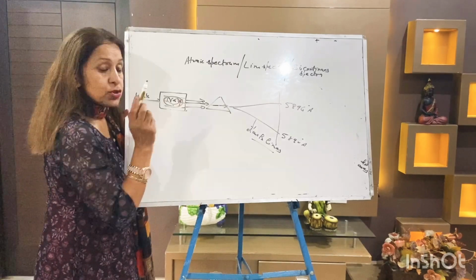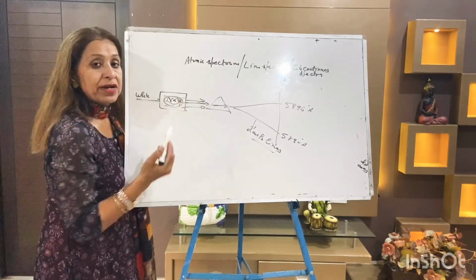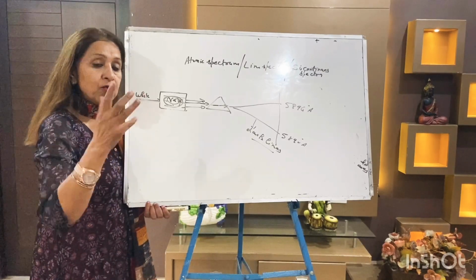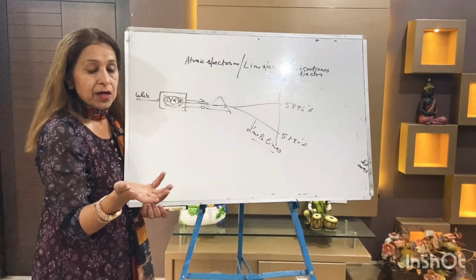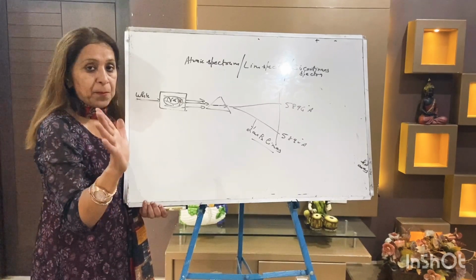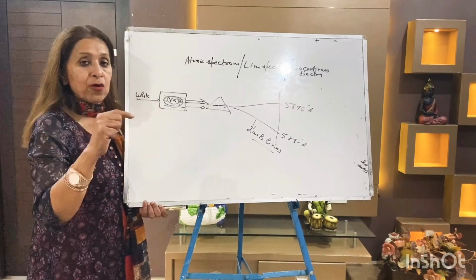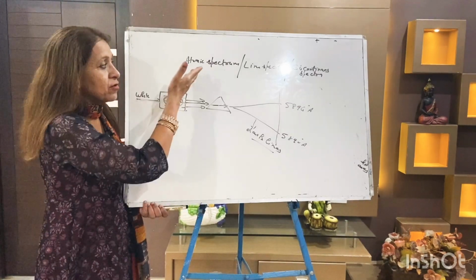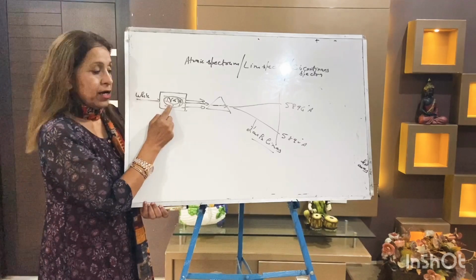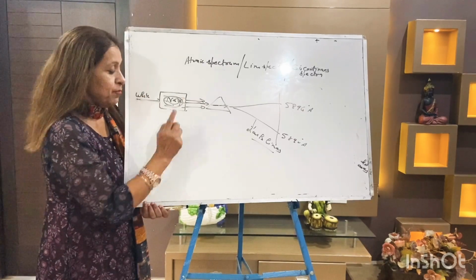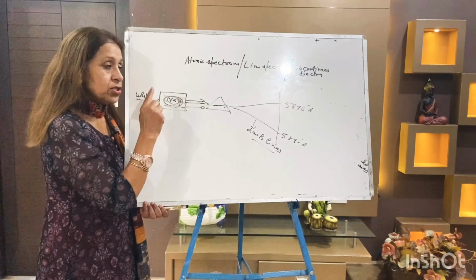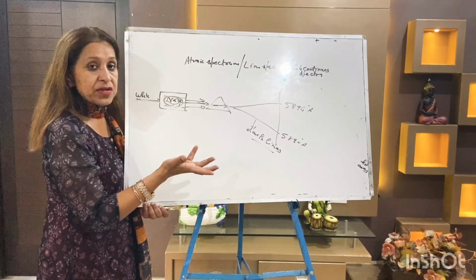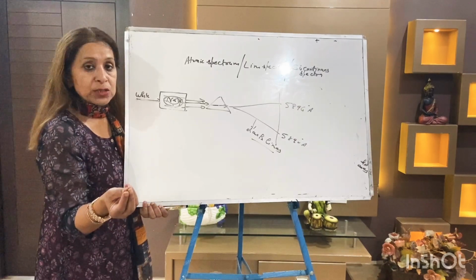So students, always remember what the atomic spectrum is. They are the fingerprints of an atom. If you want to recognize a person, you can recognize the person by fingerprints. In the same way, if you want to recognize any atom, you can recognize it by measuring the atomic spectrum. The example I have taken is of sodium. Now emission and absorption: what is the difference? The difference is only the brightness of the lines.